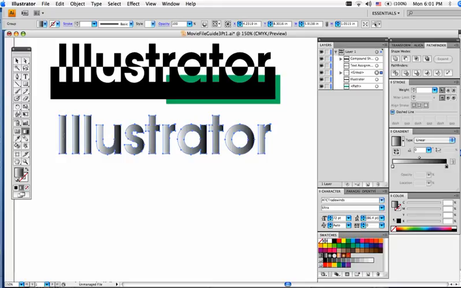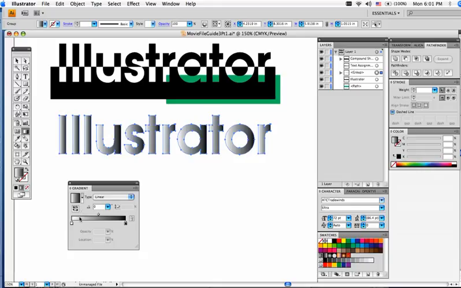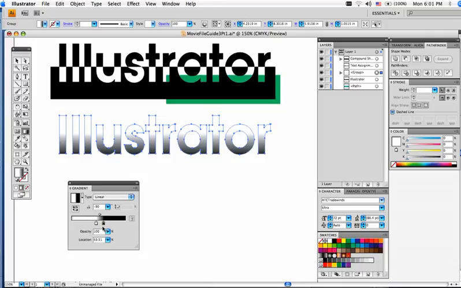Well, I'm going to hold and bring over the gradient palette because I want you to see that the left hand side is white and the right hand side is black. When you actually have this gradient tool, it's just a directional tool, and you hold the Shift key from the top down, you can see that the left hand side is going to be the one that's on top, and the right hand side, or the black, is going to be on the bottom because that was the direction I dragged in. But now I'm going to bring the white and the black right to the center,